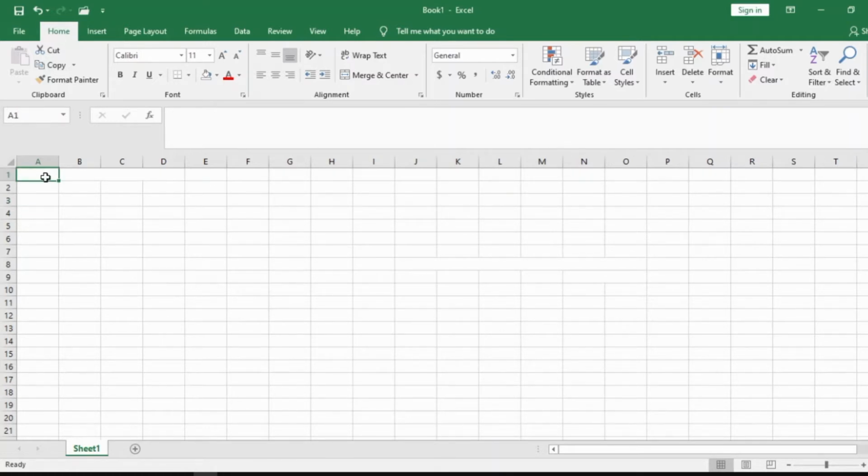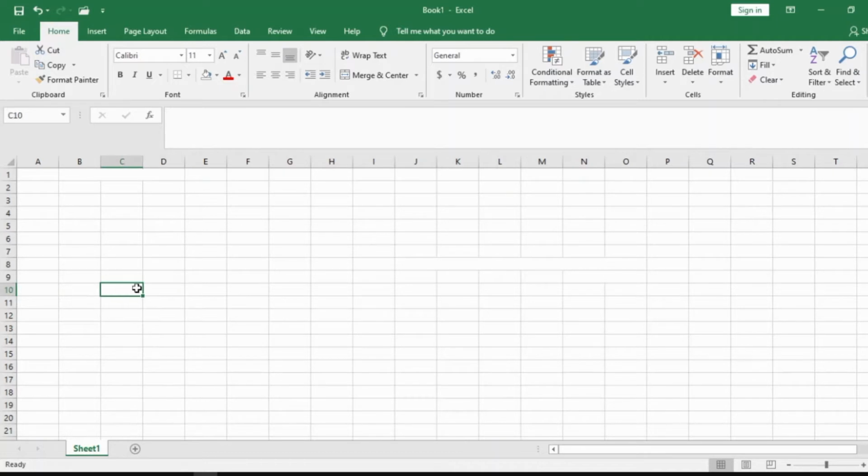Now in today's video, we want to talk about cells, how to merge cells. Cells are the intersection of what? Columns and rows. So this cell in the name box is called column A, row 1. If I want to merge two cells, let's say I want to merge this cell and this cell and this cell. Okay, this one has been merged before, so I am going to choose another one. Let's say I want to merge this cell and this cell.